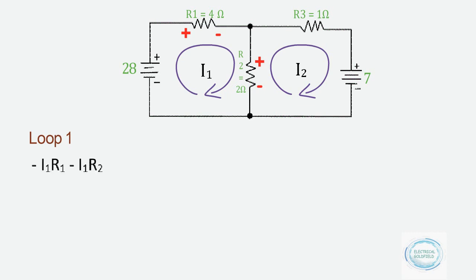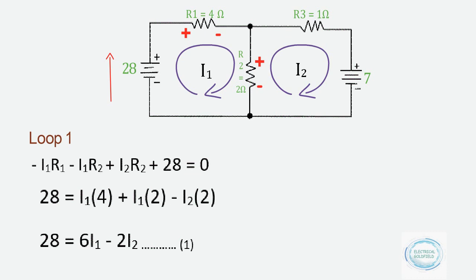But friends, simultaneously current I2 is also passing through R2. However, the direction is opposite to the earlier one, so here positive I2 R2 shall be written. As discussed before, in the 28 volt battery, current is passing negative to positive. So, we are supposed to write a positive sign. Here, the directly simplified equation is mentioned.